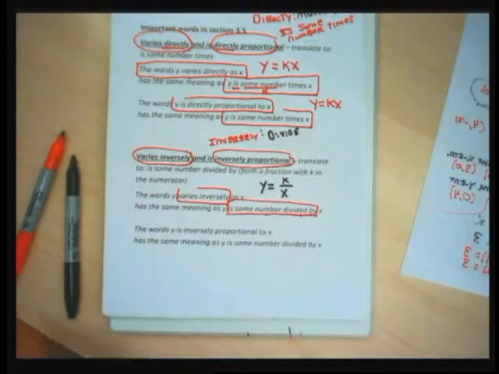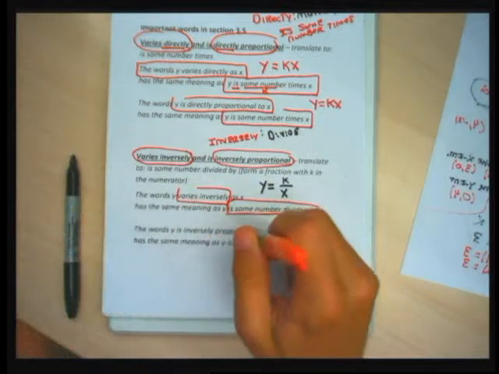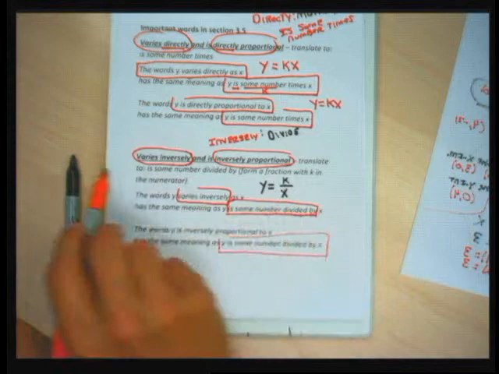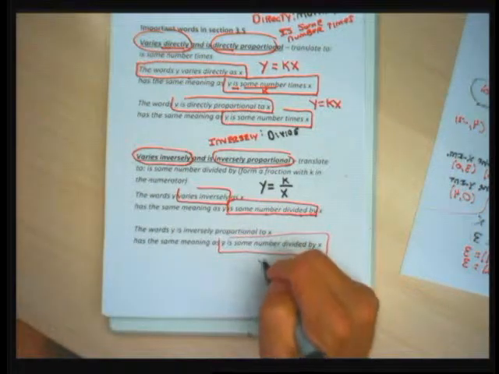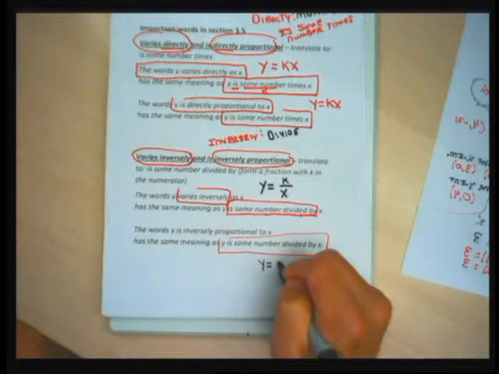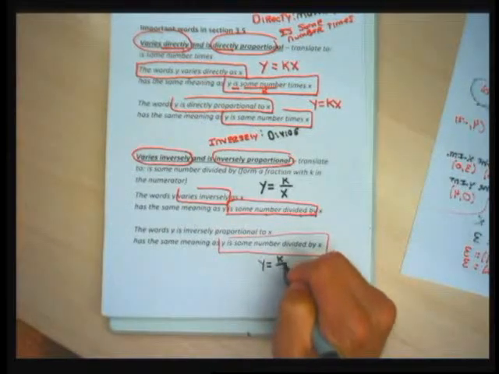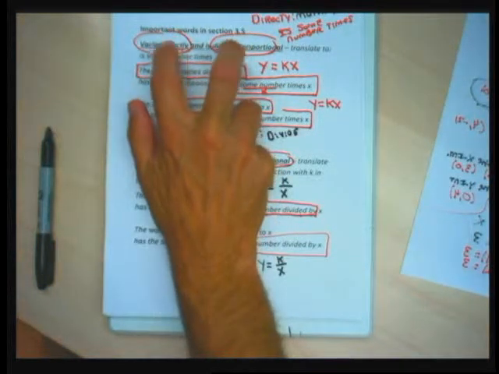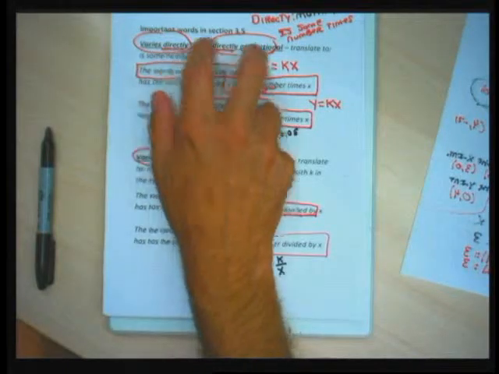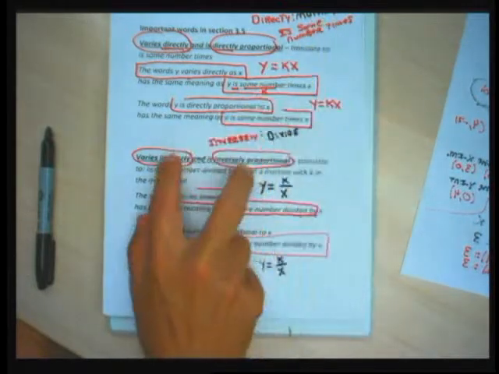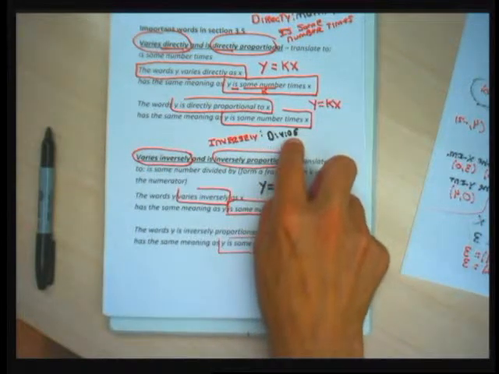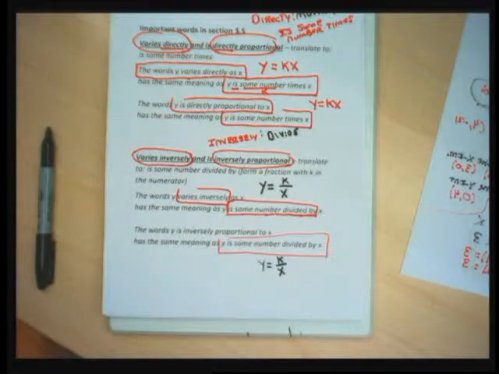For both of these, y is inversely proportional to x actually has the same meaning. It's y is some number divided by x. And an equation would be y equals some number, which is k, divided by x, and x goes in the denominator. So directly is one of the new words that we're going to see in this section, and it implies multiply. Inversely is another word we're going to see in this section. It implies divide. There's another word that implies multiply,